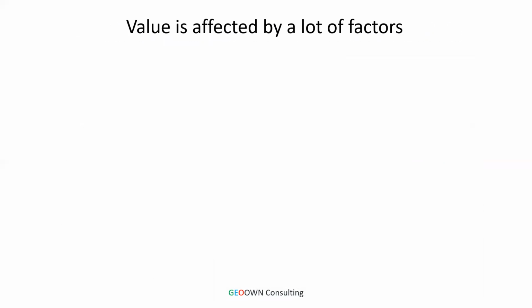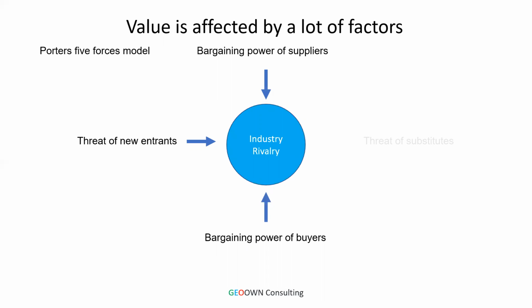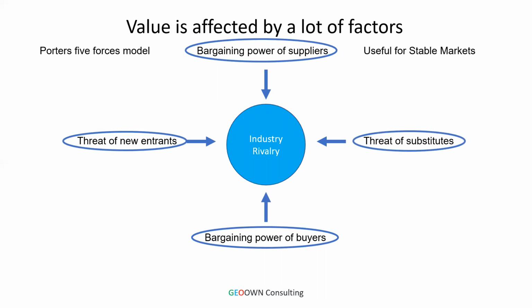Before we get there, let's look at what models were used in earlier times, in the 2 decades prior to today. You had the Porter's 5 forces model, which was based around the 5 forces, the first being industry rivalry and all the other forces which are shown here. And this was useful for stable markets. So industries lasted decades and didn't change. So this model was good for its time, but today the industry value itself changes very fast. That's the reason why this model can't be used.